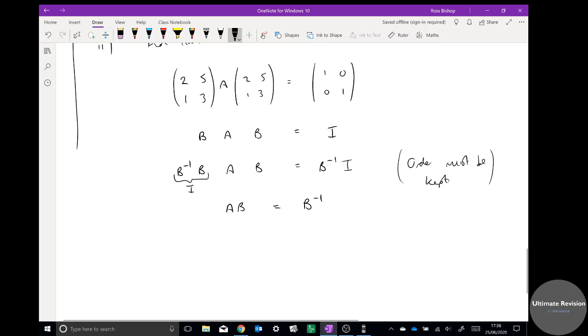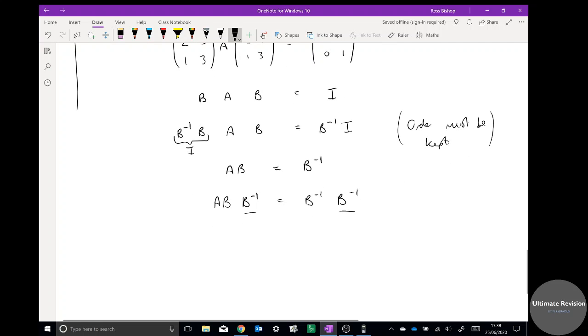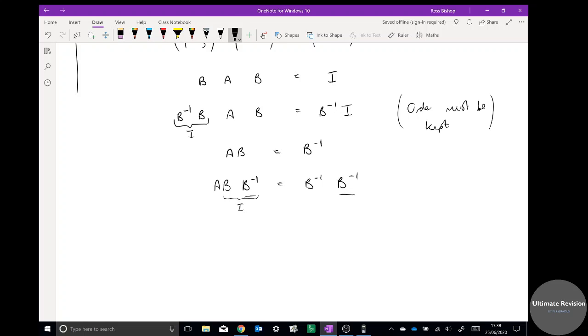I now have to multiply by B to the minus 1 again, but I have to be careful. I have to do it on the right-hand side this time. Left-hand side, it doesn't matter because they're the same both sides, but I have to do it on the right-hand side to keep these B's together, which means that they can form the identity matrix. You've got to get it in the right order, so important, and they've got to be together in order to be eliminated. So on the left-hand side I just get A, and on the right-hand side I've now